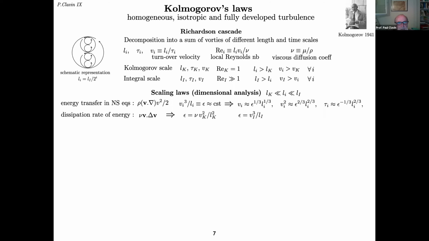So at the dissipation range, the energy which is transferred should be damped out by viscosity. So using that, you obtain the expression of this transfer epsilon in terms